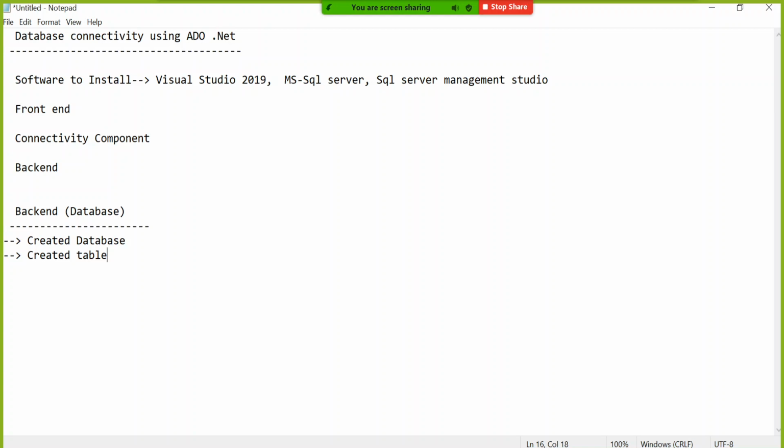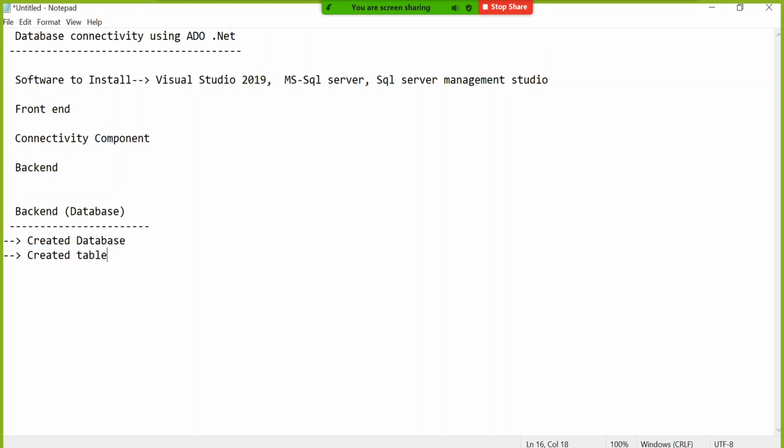This is called wizard. Currently we are creating table, creating database, everything through wizard, because Microsoft gives a user friendly environment to create everything as well as modify everything. So without learning commands also you can do this. But going forward, when we go for more coding part, that time I will tell you how to create a database, how to create a table with the help of coding as well.